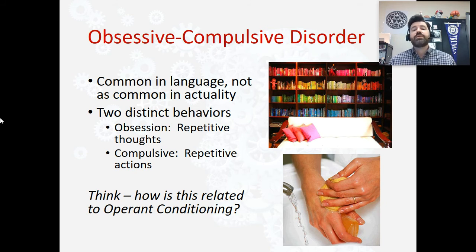Or maybe the person is obsessed that someone's going to break into their house, and that's all they can think about, is someone breaking into their home. And so the compulsion is to check and double check and triple check the locks around their home. And they may open a door, close a door, open a door, close a door, do this several times, check the locks. That is their compulsion. That is their behavior in an attempt to get rid of the obsession.